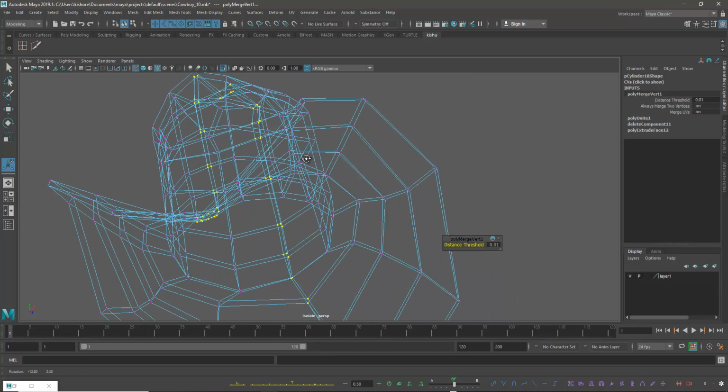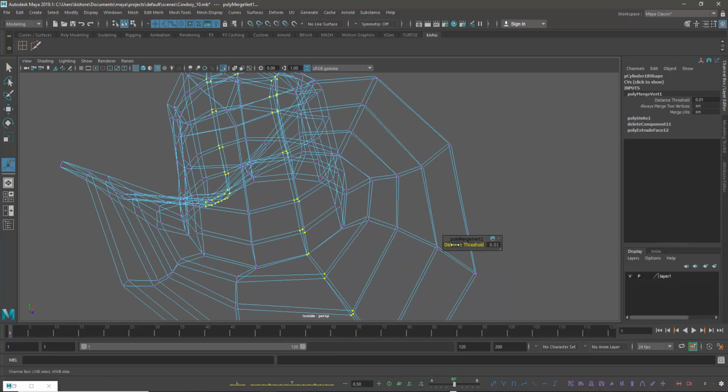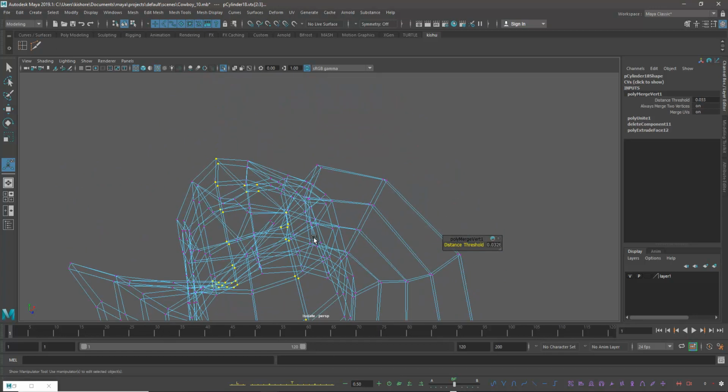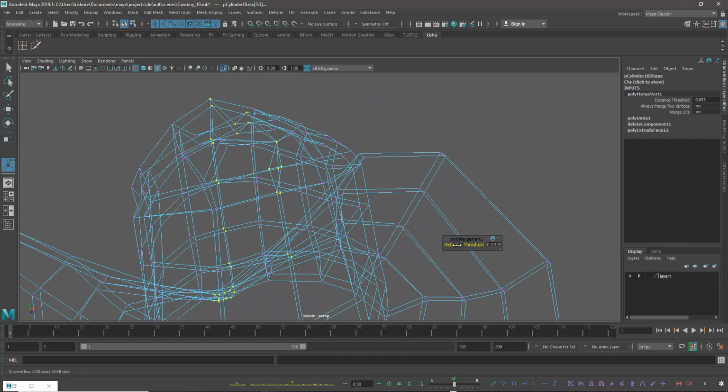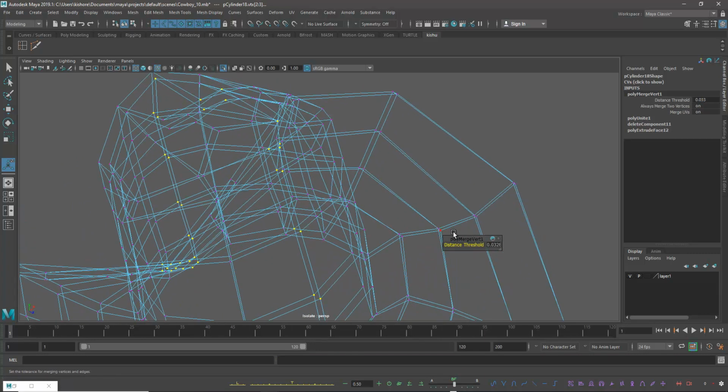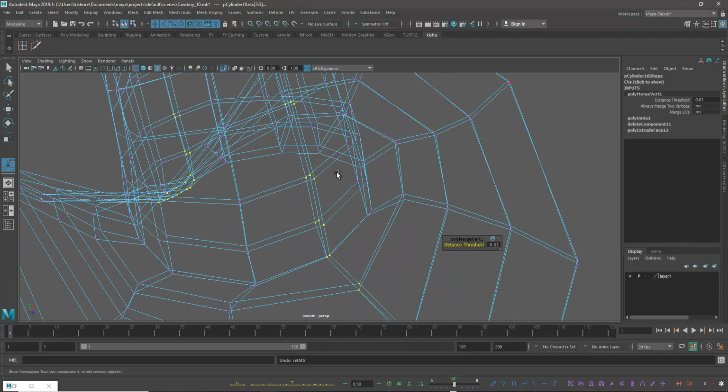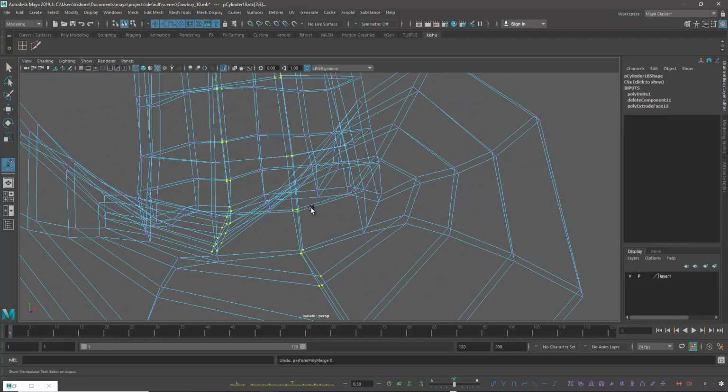Okay, when you have merge vertex distance threshold, you can check it out.